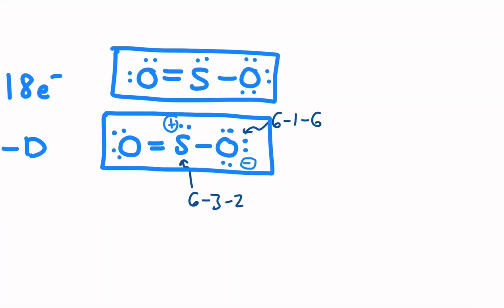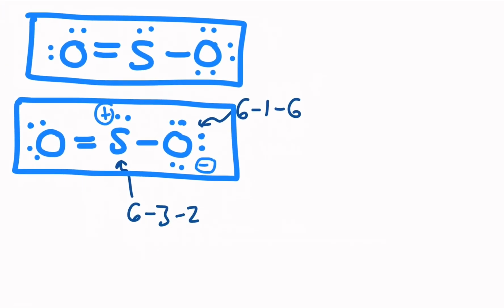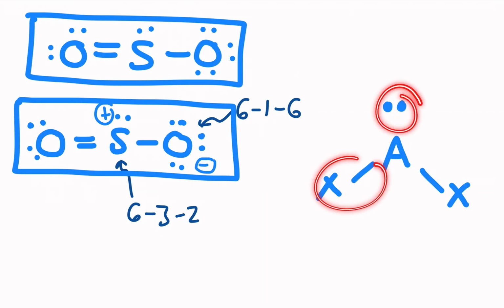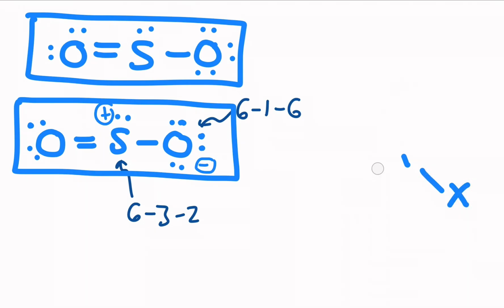So for the sulfur dioxide case, if I focus in on the central atom, I've got 1 lone pair and 2 bonded atoms. So with 1 lone pair arrangement, I'll have a central atom, I'll call it A. There is a lone pair and then a bonded atom and another bonded atom. It doesn't matter if I draw this as a single or a double, it just counts as an electron region. 3 regions. That's what I have here. That means that this electron geometry